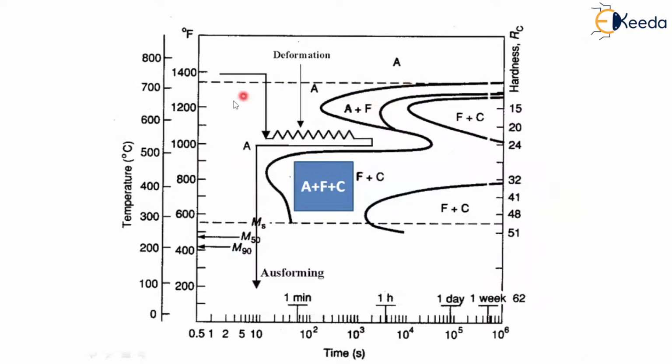This is another image which also represents the time temperature transformation, and it represents the ausforming process. Here the x-axis shows the time, on a log scale, and this is the martensite start temperature. From this particular line, the ausforming will start, and whatever austenite you get will have our induced properties. Whatever required properties we want, we will get by doing these steps.